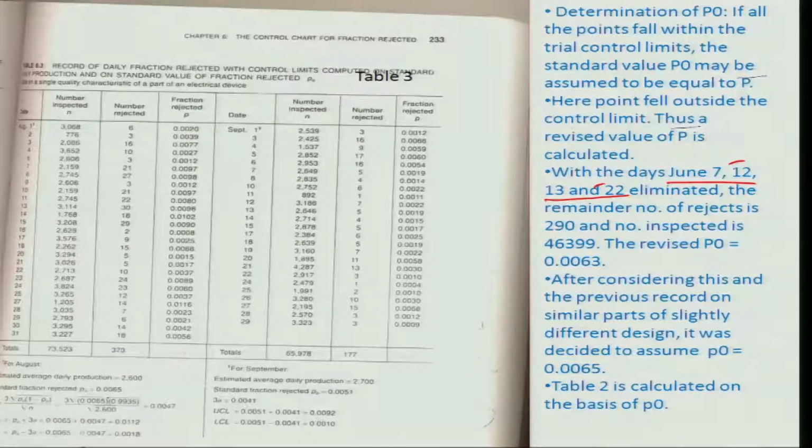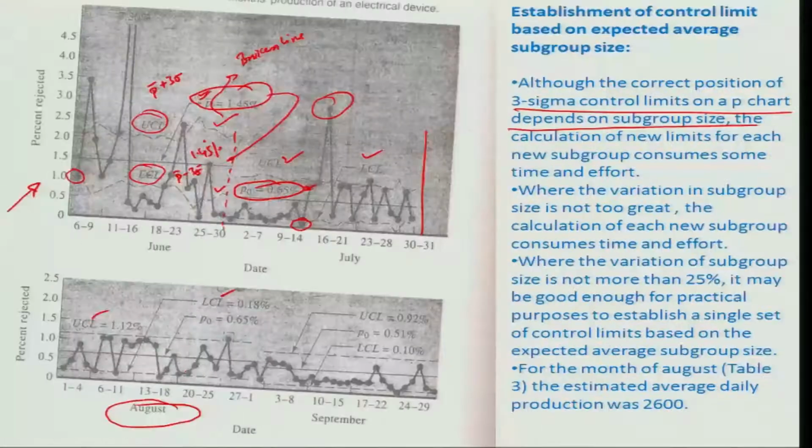So, we calculate a fresh P0 value. Once you have found out that the number of outliers is lower from June to July, as you can again see back in this curve, in June the outliers are much more in comparison to July. So, you have sort of standardized the way that we are having a control on fraction rejects. From this onwards, where there are maybe very few outliers or the magnitude of outlying is also very low,